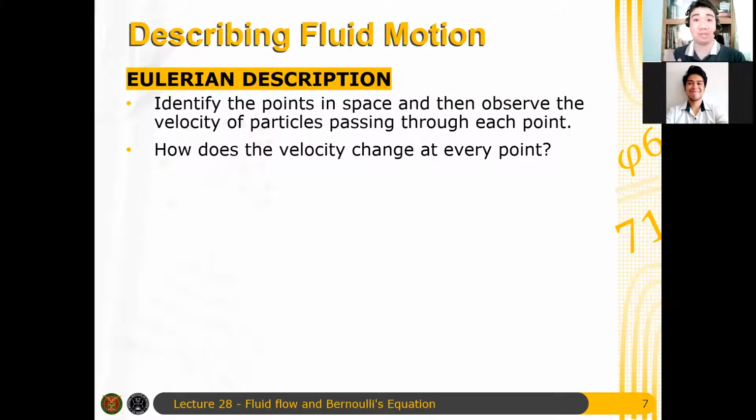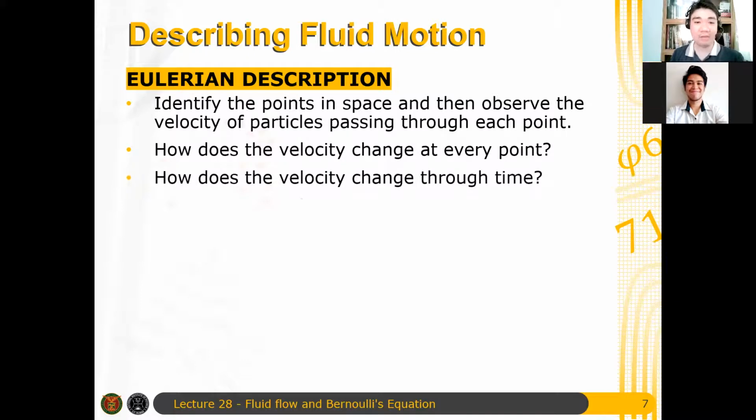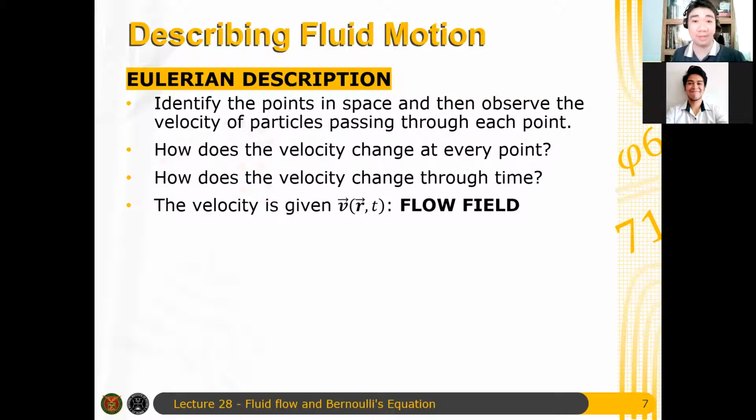Gawin natin stationary yung point na yon. And then, of course, how does this velocity change through time? And then this velocity is given by this, in other books it is capital V, but I'll just write it as small v because mamaya may volume kasi tayo, so makakalito siya minsan. So the velocity at each point is now represented by a field. So in that case, fields na yan, hindi na particles. You are looking at a more field perspective on fluids, which is defined by your flow field. Okay? So, ganun yung difference ng Eulerian and Lagrangian description of fluid.